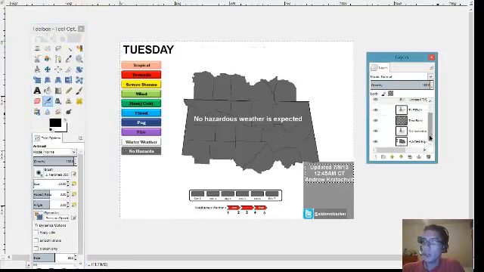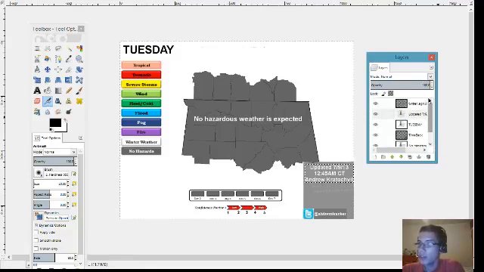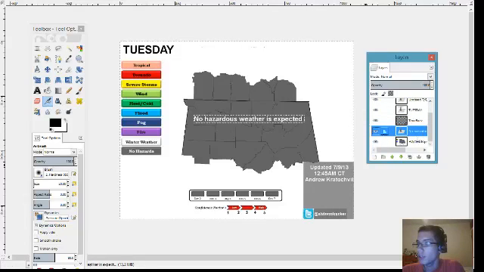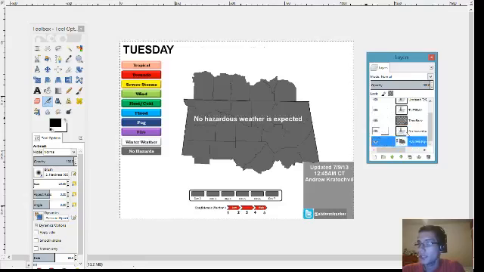And if you're wondering why all these layers are here, that is because it is an XCF file, which is a GIMP file, which keeps the layers. And I'll show you how this all changes. All these layers broken down, that's my Twitter sign, that's the updated text. This is what I'm going to end up changing. The background is right here, that little gray part right there, if you guys can see that. And then that's the text. And then that's the whole thing.